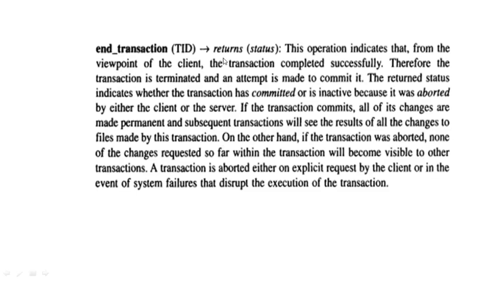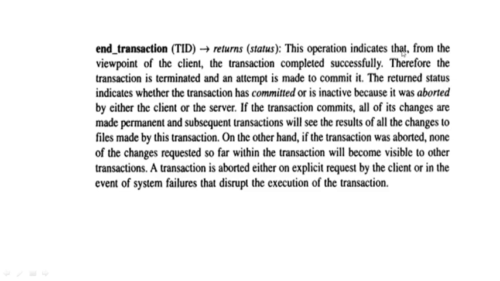What does it return? It returns the status, whether it is completed or aborted. If it is completed successfully, it will give you the committed status, or if it becomes inactive for any reason, it will be aborted either by the client or the server.